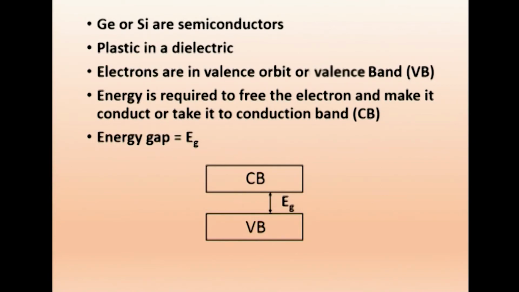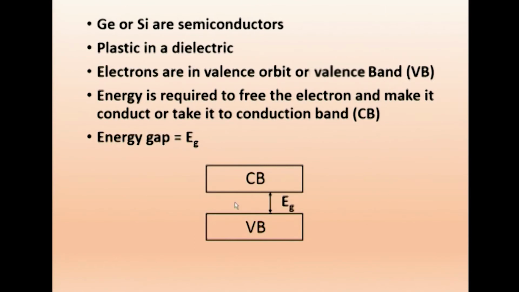If you take dielectric, this gap will be very large. That EG will be large. You have to elevate this step, so you require large energy to remove. That is why plastic, for example, is a good dielectric. It will not conduct electricity. Now for semiconductor, this gap will be small. We are using semiconductor. We will just go further to see what advantage we have in semiconductors.